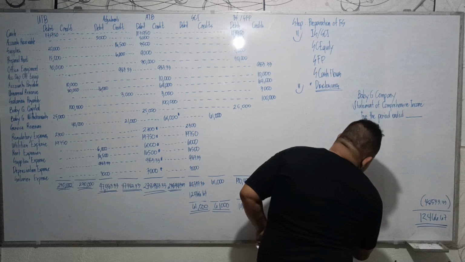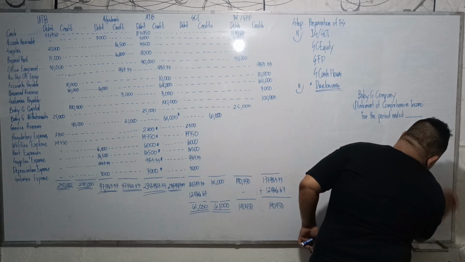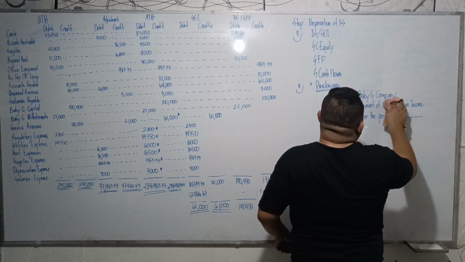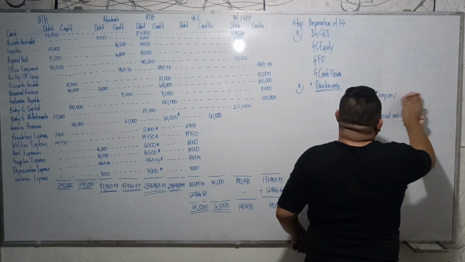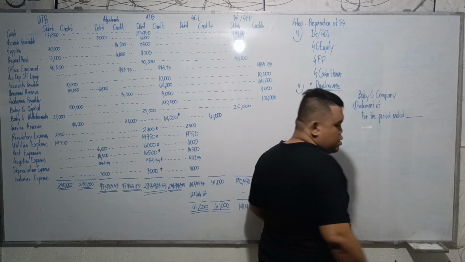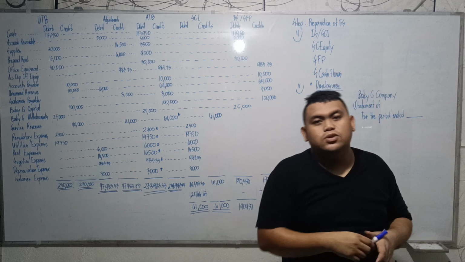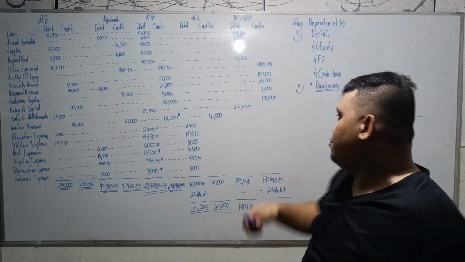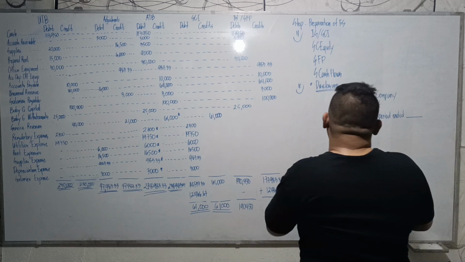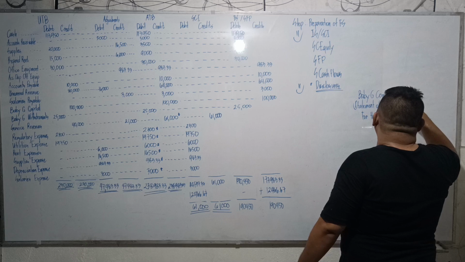And let's change the title. So BBG Company still, that's the heading, and if possible, you should have a logo for the company right here to complete the heading. So we have statement of changes